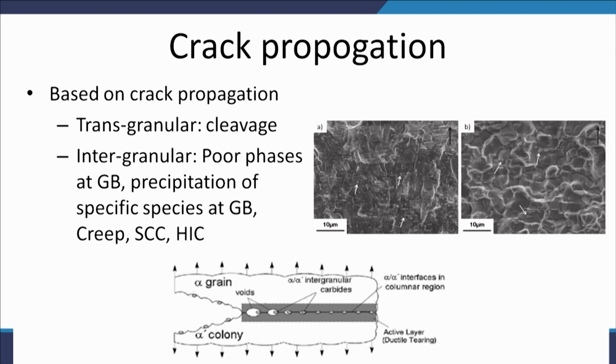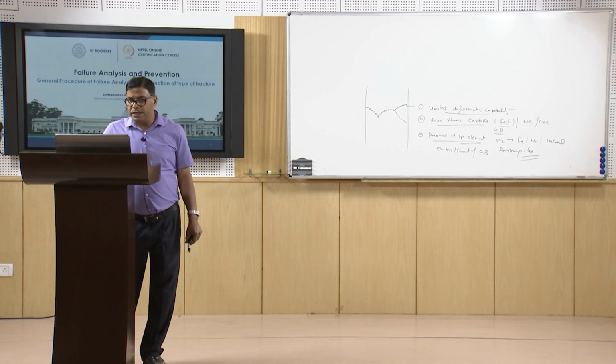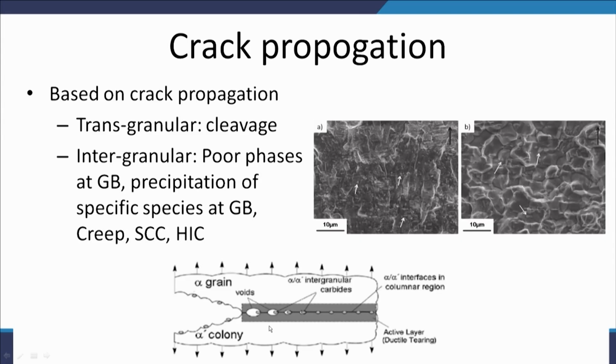So, steel can fail in a transgranular way or an intergranular way. If some undesirable phase or element precipitation has taken place at the grain boundary, then it will lead to intergranular fracture. So, this also indicates how, if weak phases are present at the grain boundaries, the fracture will be